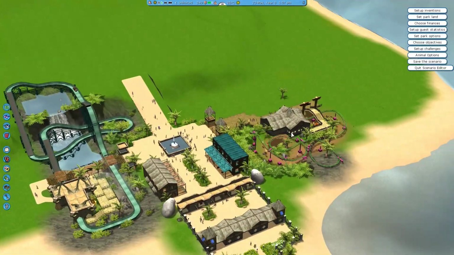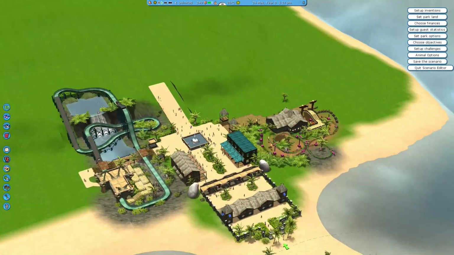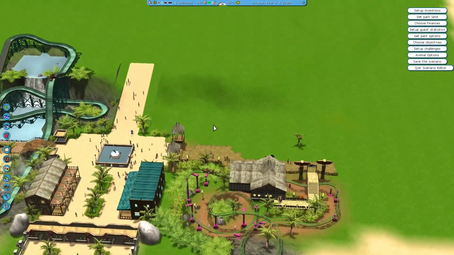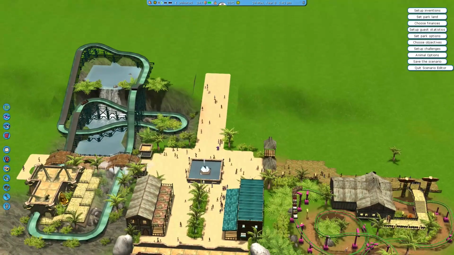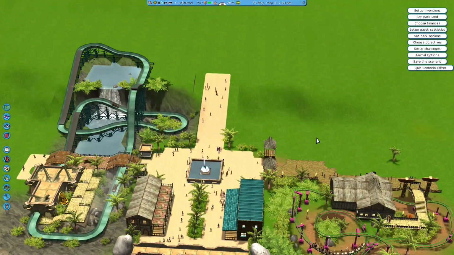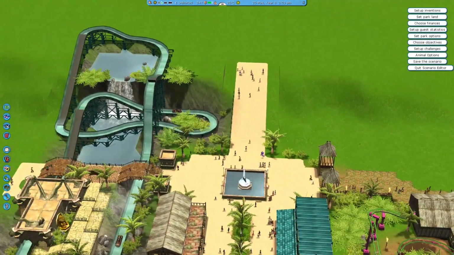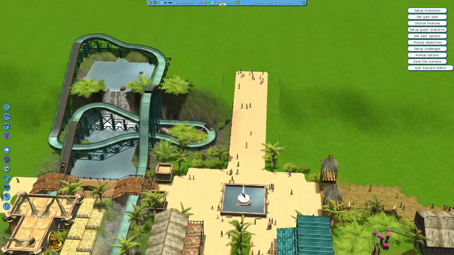Now in the last episode I built this little junior coaster here, and the episode before that I built this log flume. And in this episode I wanted to add a few more rides to the park. Well, first of all, I want to have a transport ride that goes through the park. I think it will also be nice to take a ride on that later. Now I kind of forgot to build that, so I'll have to do it afterwards now, after these rides have